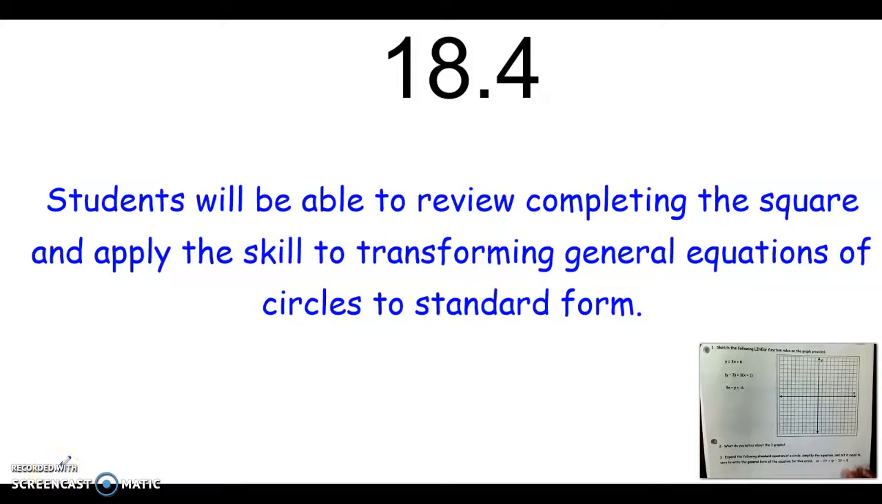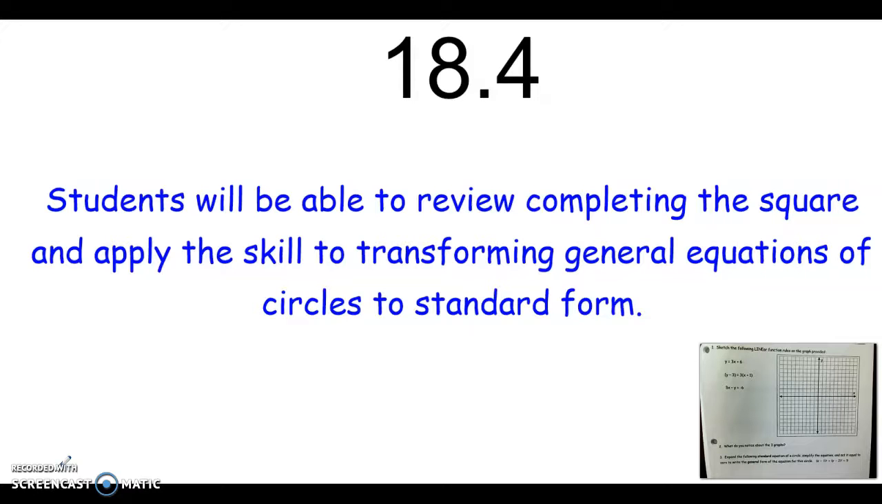This is the fourth lesson of Topic 18. In this lesson, we're going to learn how to get an equation of a circle from what is called general form into standard form. Standard form is the one that we should be familiar with at this point. So in order to do that, we're going to have to use a process called completing the square that you